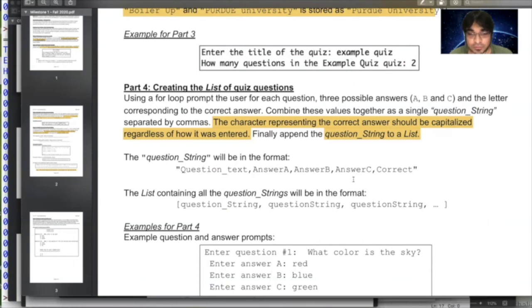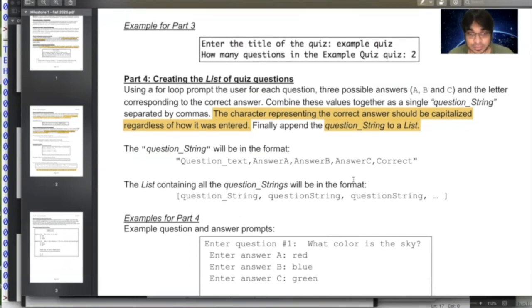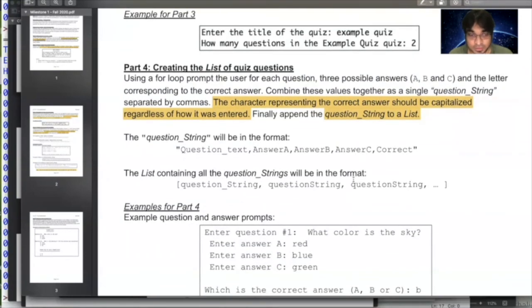So think of yourself as a grade school teacher creating a test for your students, which they are going to take. You're the teacher here. You are not actually taking the quiz, you are making the quiz, at least in this specific milestone.